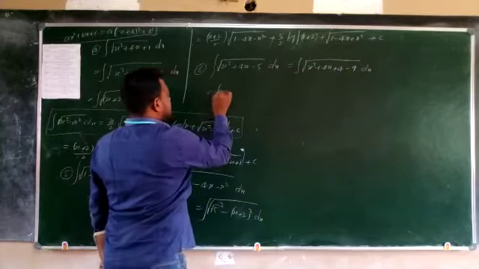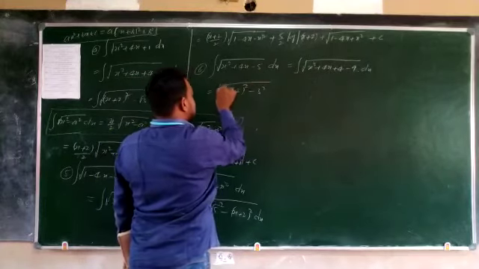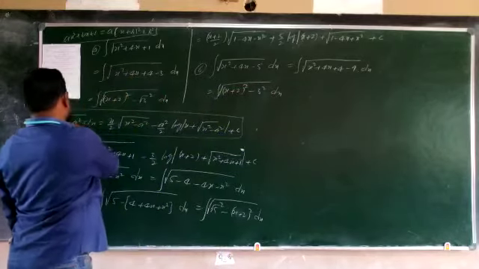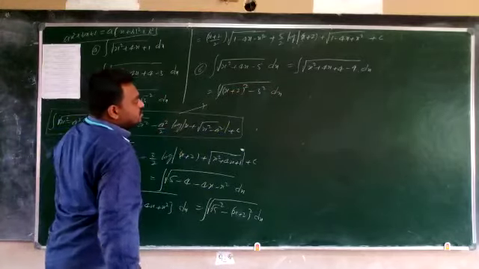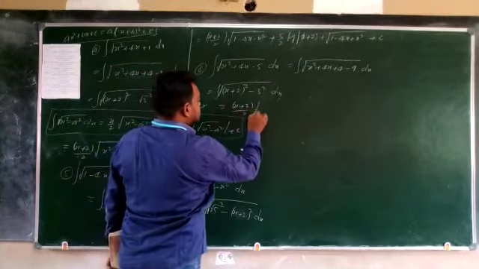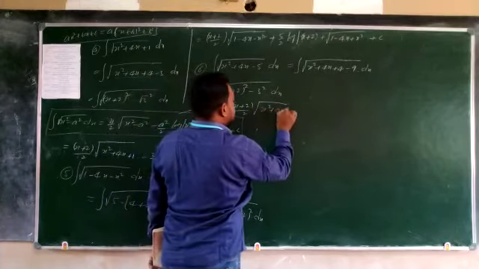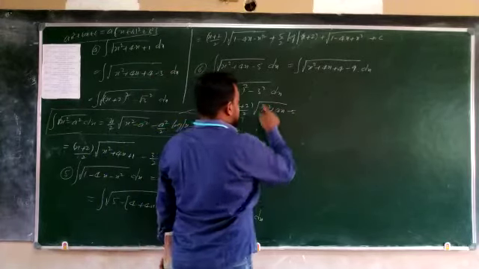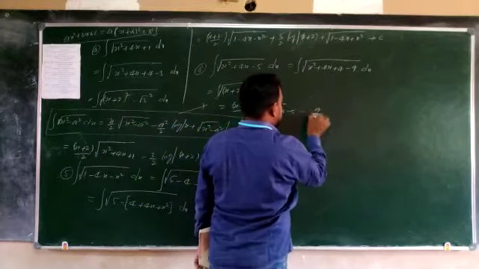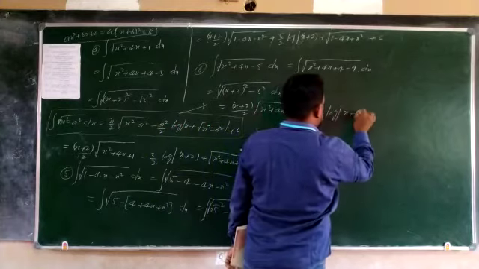This is equals to integration of x plus 2 whole square minus 9, is equals to what? 3 square. Now this is in the form of square root of x square minus a square, the same formula. So you apply it. x by 2, x plus 2 by 2, square root of the question. What is the question? x square plus 4x minus 5, plus a square. A square is equals to 3 square, 3 square value 9. So minus 9 by 2 into log mod of x plus 2.